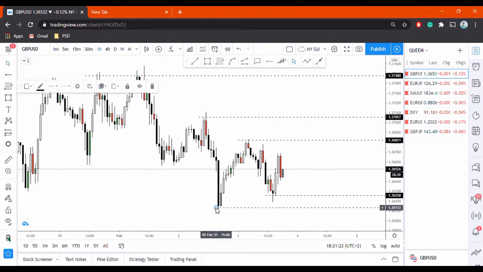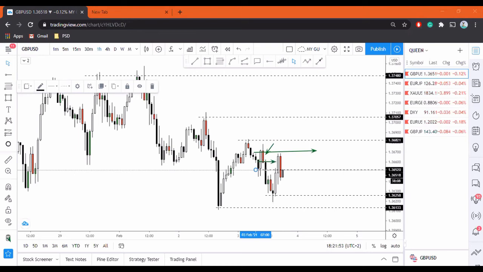So what I did today, this is how I traded the market today. When I woke up, when I came on the markets, this information wasn't there. We had a high right here and a low right here. So what I did was I waited for this low to be created, right? When price closed here, I waited to see if price was going to create a new high, and price did create a new high right there. So when price created a new high right there, I waited for this candle to close, and when it closed, I entered as it broke the low right here in order to get this trade,